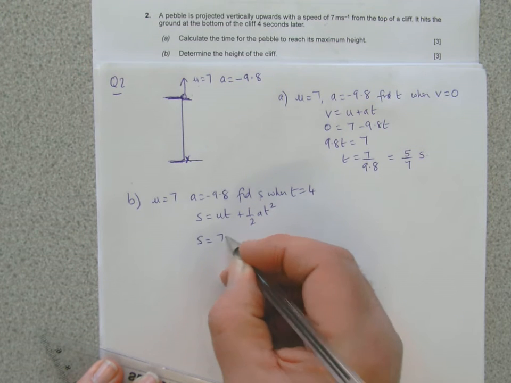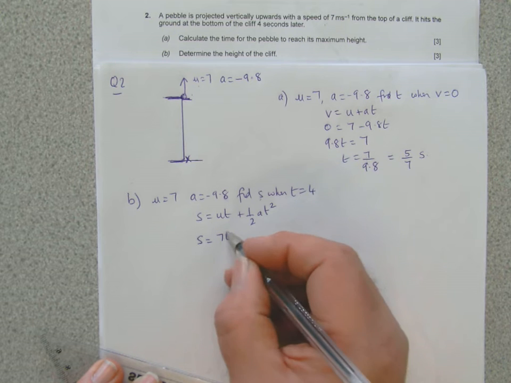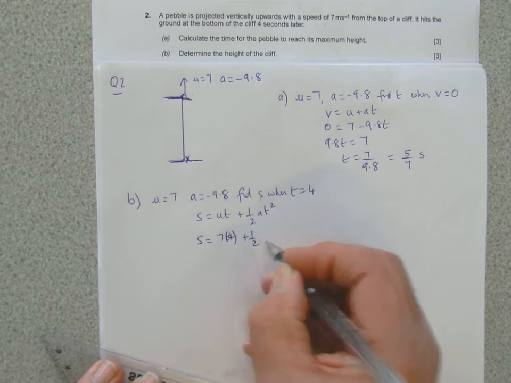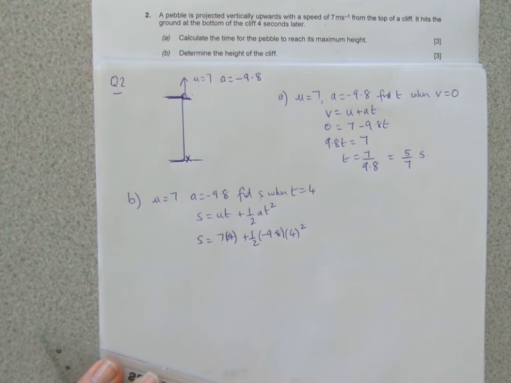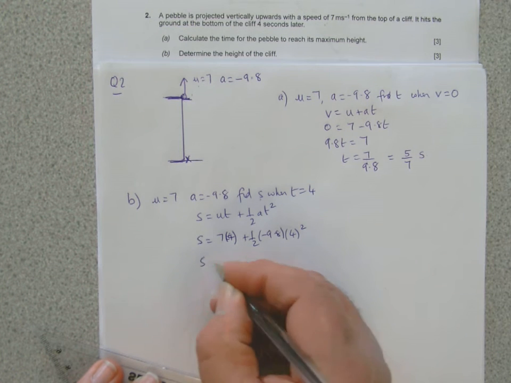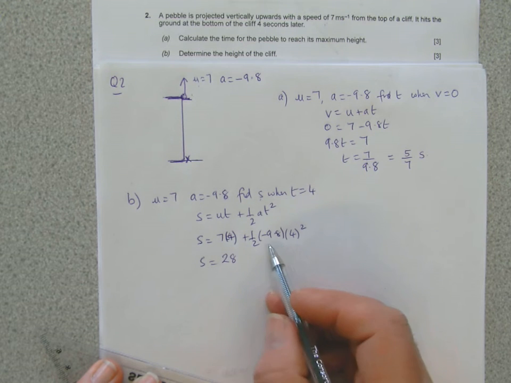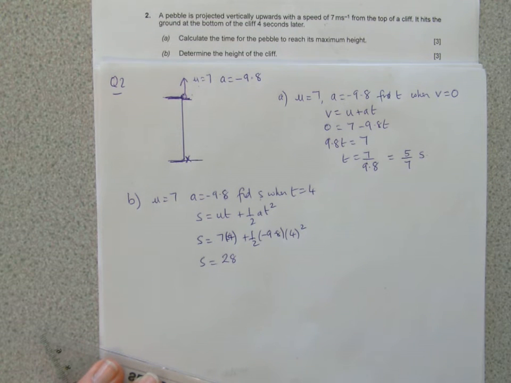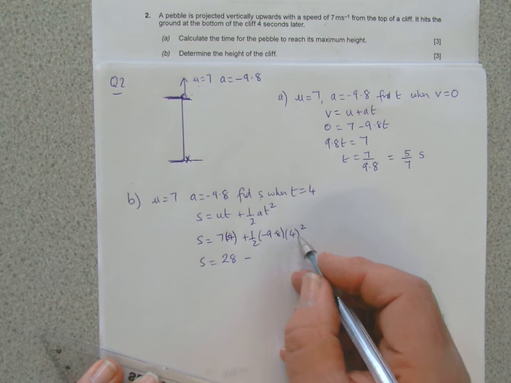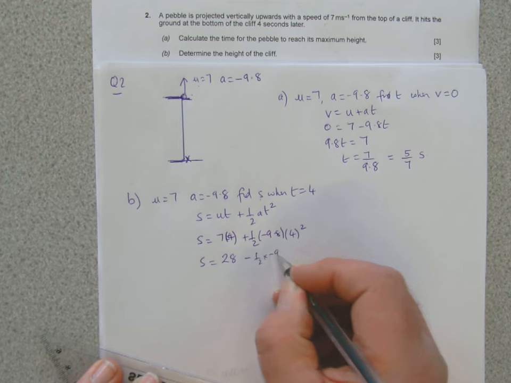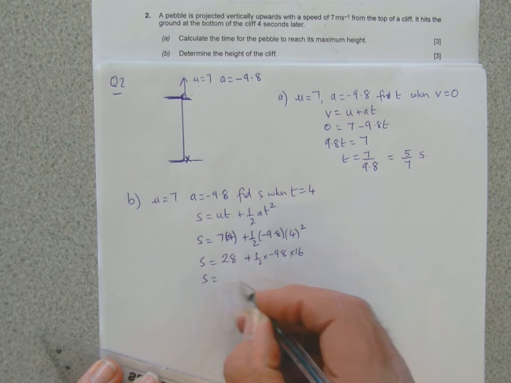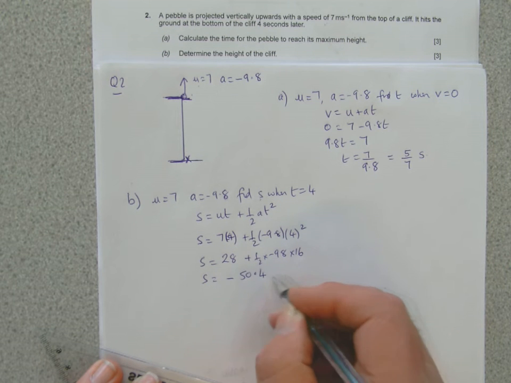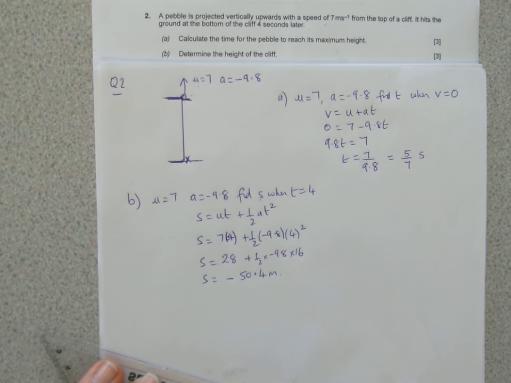So S is equal to 7T, 7 times 4, plus a half of minus 9.8 times 4 squared. So S would be 28, 7 times 4 is 28, plus half times minus 9.8 times 16, and that gives you minus 50.4. Well, then that can't be the height of the cliff,